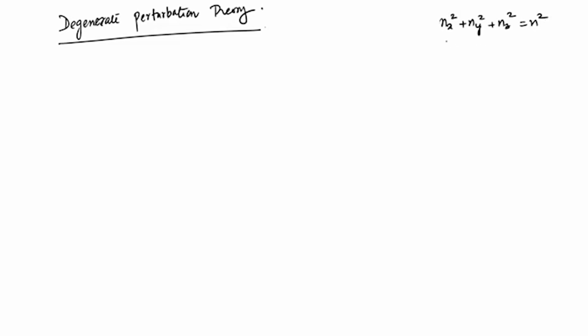So, we can have this as 2 1 1, 1 2 1 or 1 1 2. All these 3 will be degenerate, because each one of them will give rise to n square equal to 6. In the sense that all of them will have the same energy, which is n square, which is 4 plus 1 plus 1, that is 6. So, it is like 6 pi square h cross square over 2 m L square,